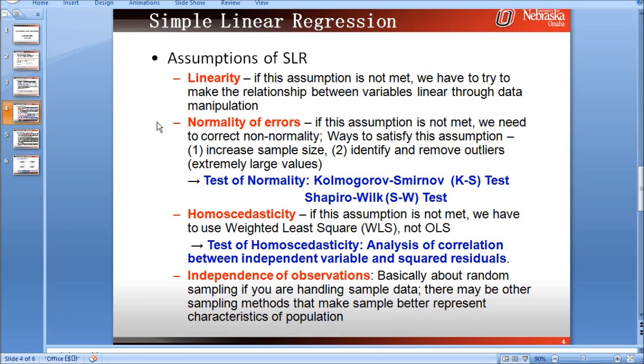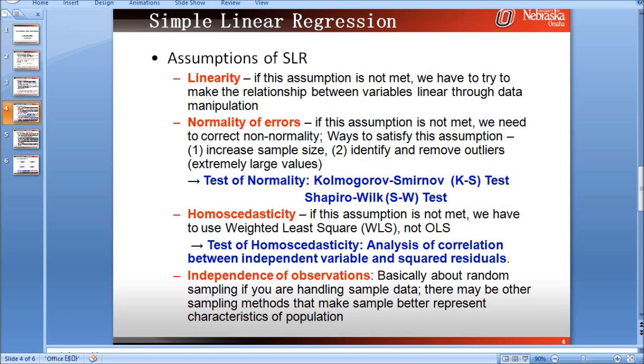What I'm gonna do is to give you guys a kind of intuitive descriptions and SPSS instructions on how to handle these assumptions of normality of errors and homoscedasticity when we conduct a simple regression analysis using SPSS. Okay?